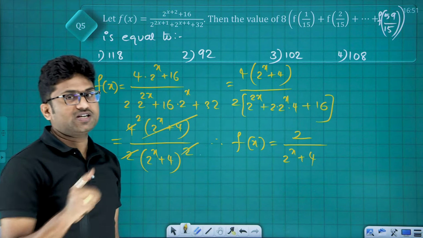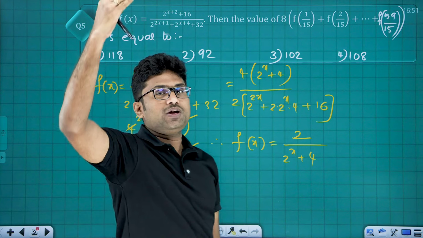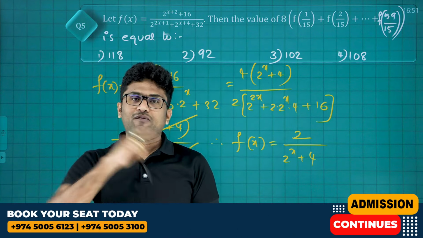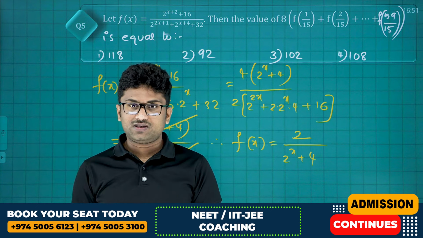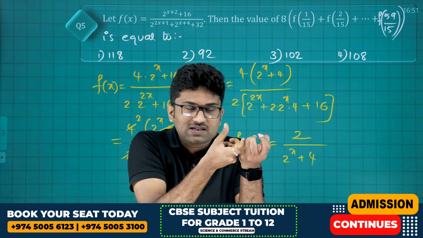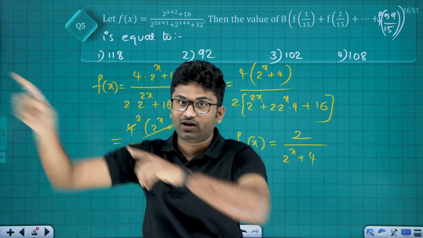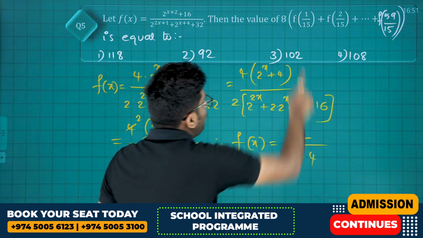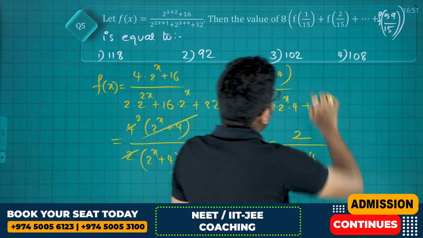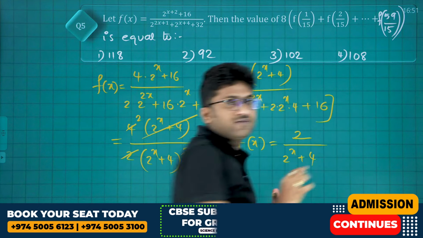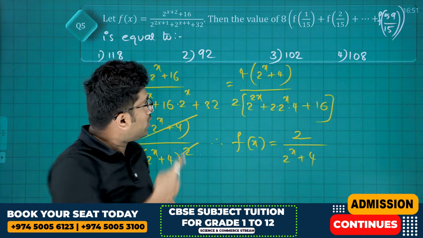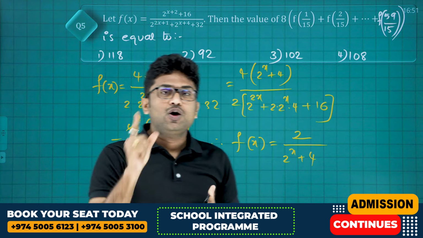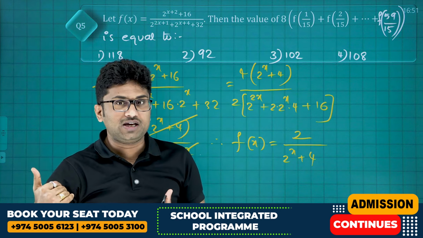Now generally for functions like f of x as a power x by a power x plus root a, what we do is take f of x and immediately f of 1 minus x. Why? Because x plus 1 minus x results in 1. If you add two numbers there, we get the result as 1. But if you see, if you add the first term and the last one, 1 by 15 and 59 by 15, this is not resulting in 1. 1 by 15 plus 59 by 15 is 60 by 15,